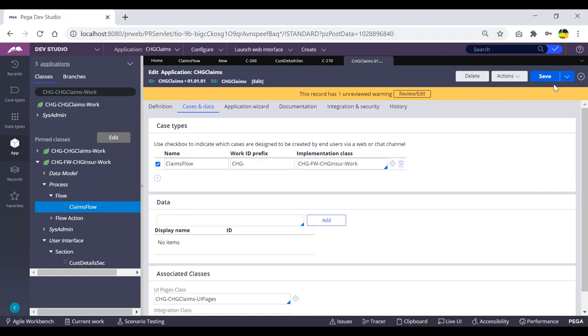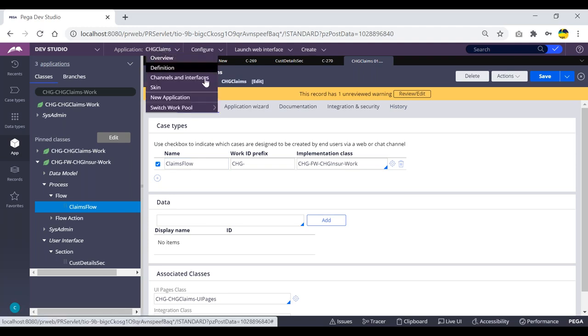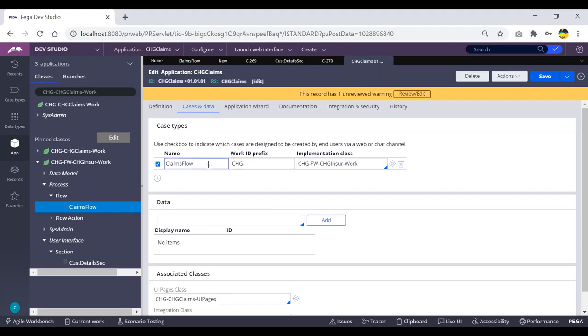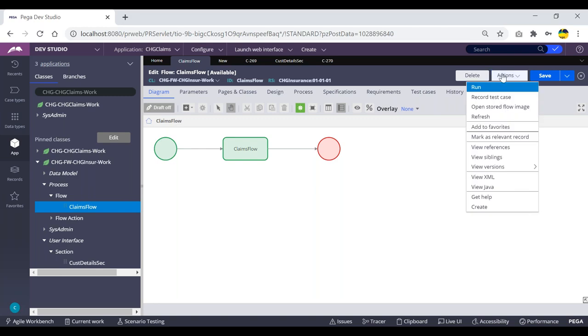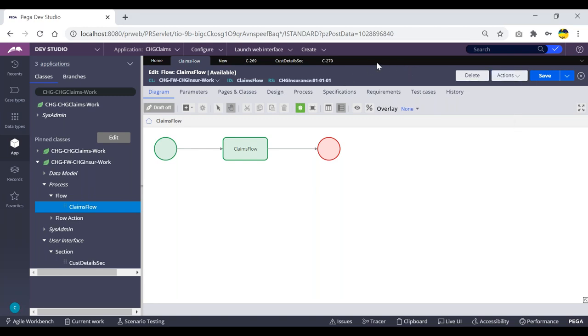Mark this checkbox and now just click on save. So we are trying to call this main flow rule across the application level. So this we already know. Just click on definition, go to the cases and data. Here I'm just adding this flow details. So now I'm closing this. You need not close. Now if we want to run this flow, we can do it as a developer. But the real users, what they will be doing, they will be just clicking this create option,